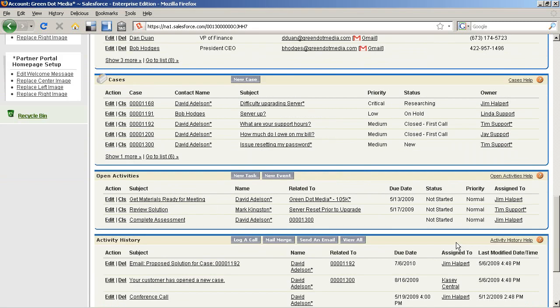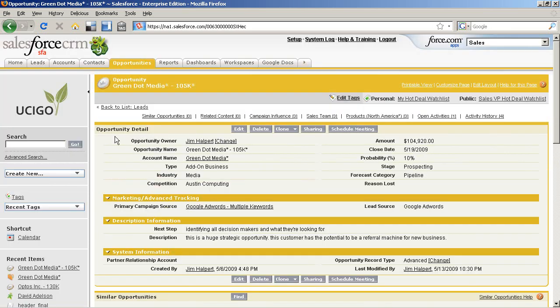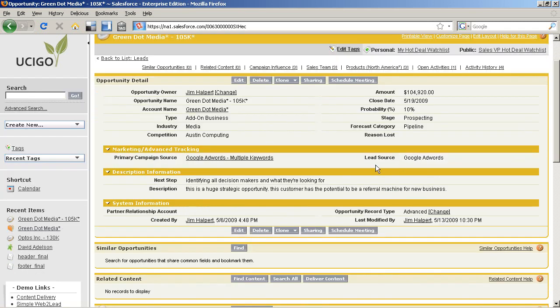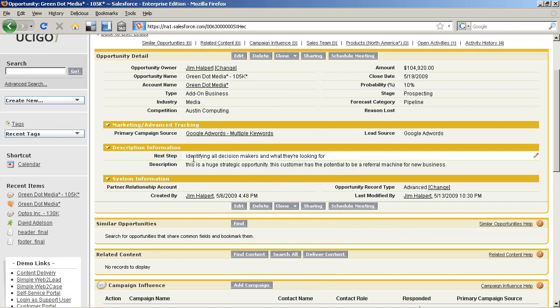Now let's take a closer look at one of our open opportunities with Green Dot Media. Immediately upon clicking on the opportunity, we see the most important details about the deal, like the type of business, who we're competing against, the amount, the expected close date, and the probability of close. This is all summarized in one place to save you time and put the most important information right in front of you. As I scroll down, I can see which marketing campaigns influence this opportunity, a short description of next steps,